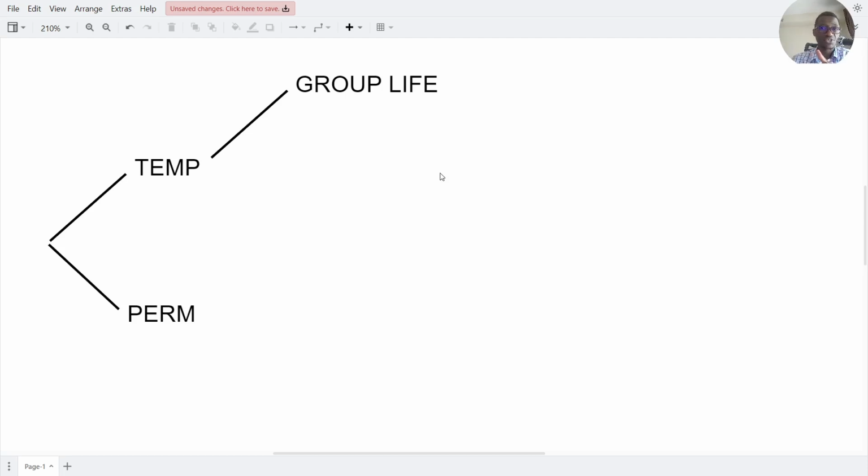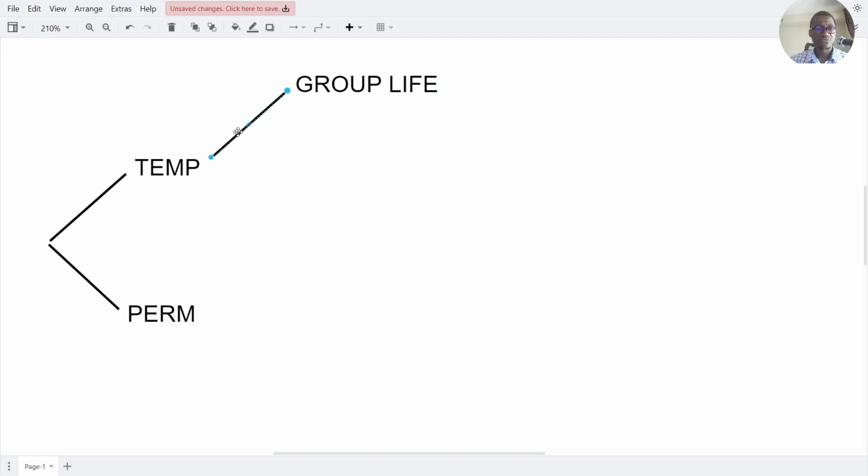Now, don't just rest assured saying, hey, you know what, I have a life insurance contract with my company, with my employer. Because once you leave that company, you will not be able to carry that coverage with you. Some group life policies will allow you to convert to an individual policy before leaving your company. So that way you will be able to keep that coverage, but you have to keep that in mind.